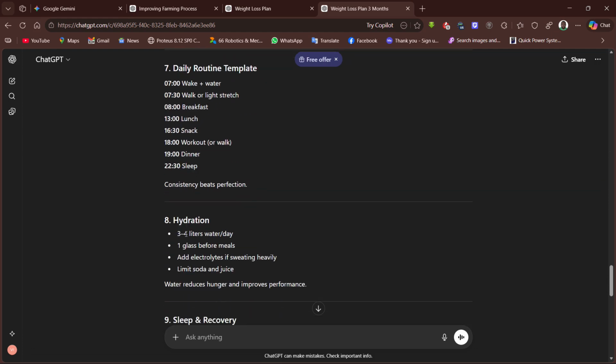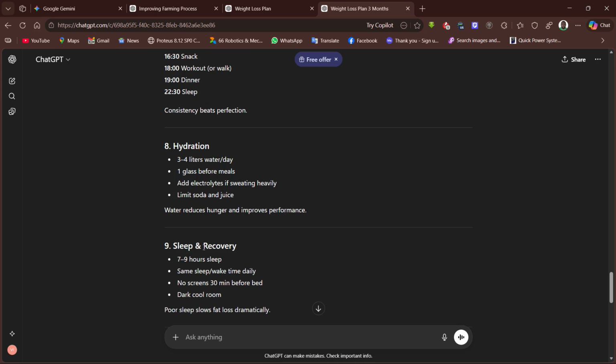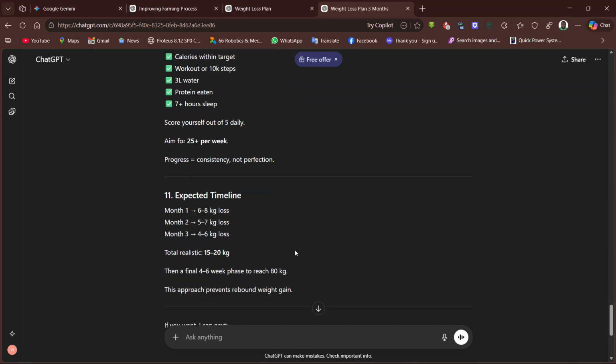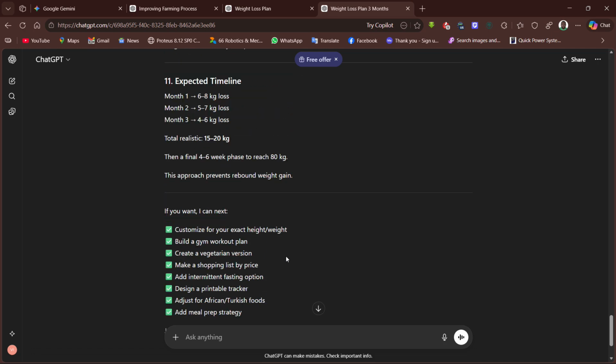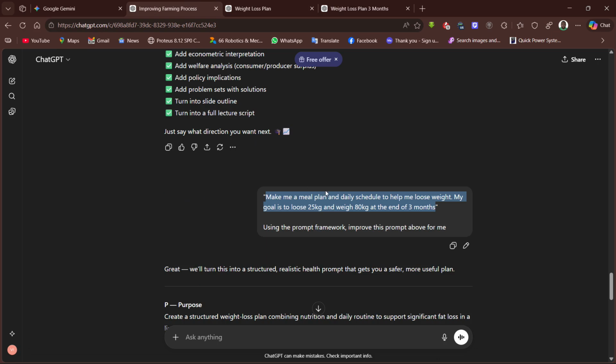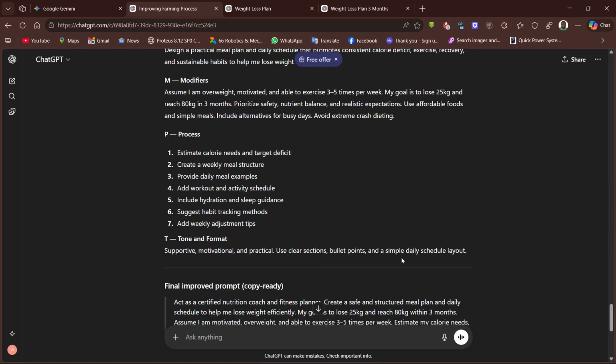Now this is a better response in my opinion, and you can definitely prompt the AI chatbot to get deeper responses, to just dive down on this to get more information, or you can ask it to summarize everything if you want, right? But remember, our goal was to see how we can improve our prompt, right? So we write our prompt first and then we ask it to use the prompt framework to improve this prompt for us, right? That's very, very good.